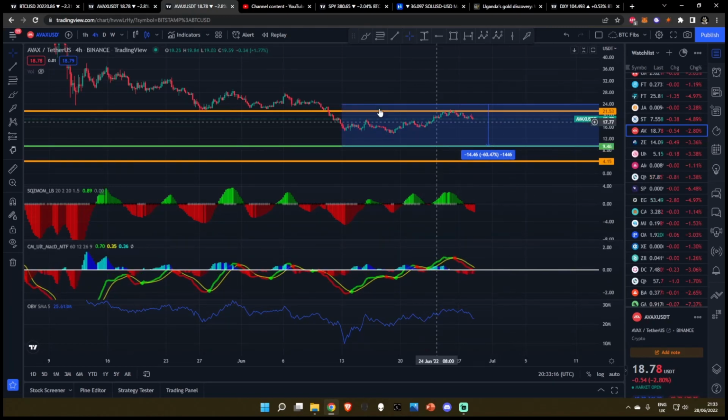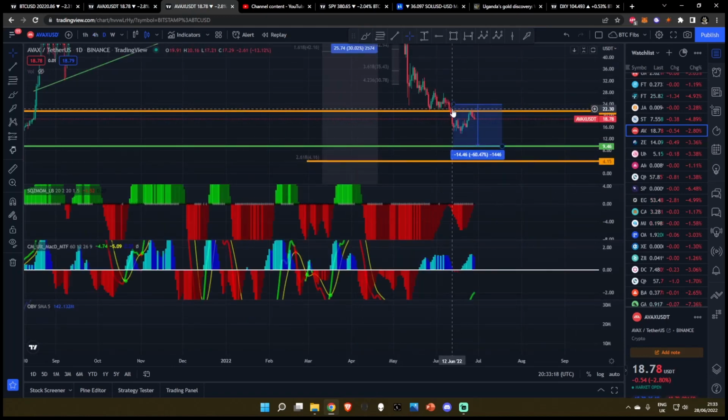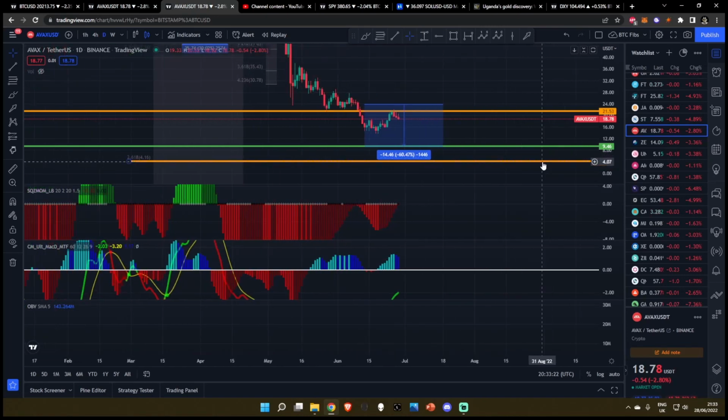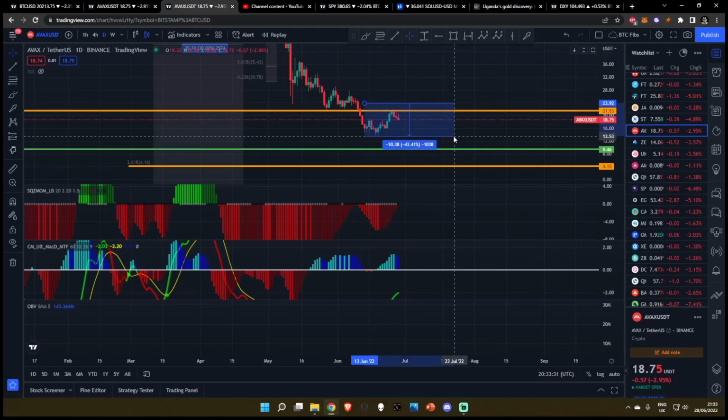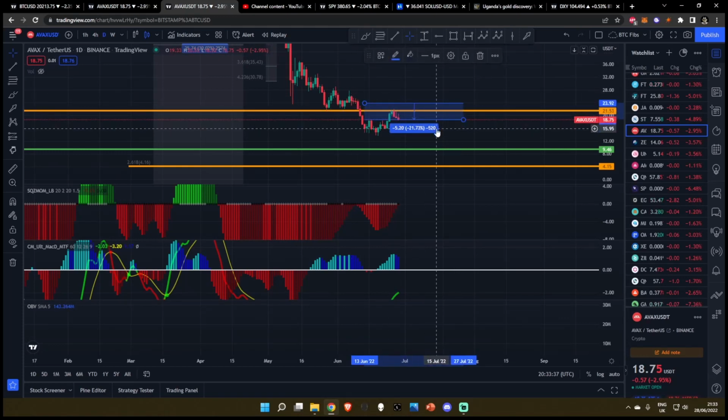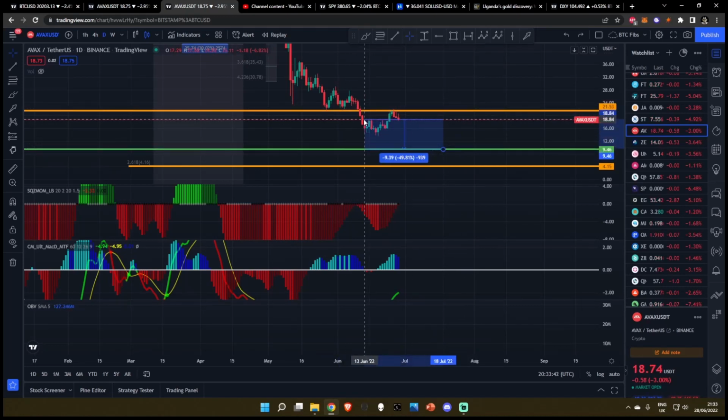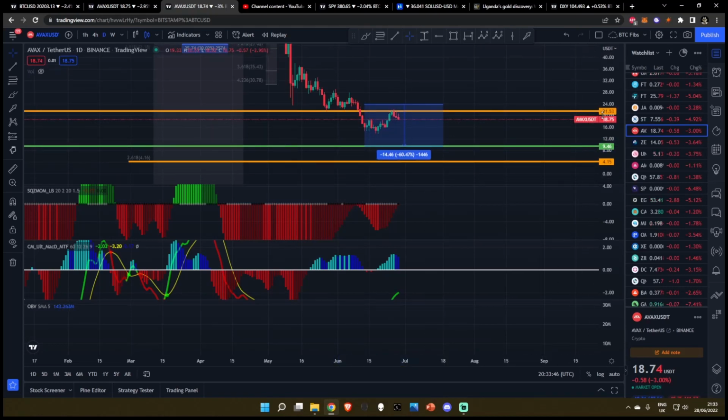Once again, you know, we called this, when did we call this? We were talking about this round about the 11th of June, round about this range over here, and I still do think that we are going to be coming down to $9.46. Once again, this was a 60% drop we were predicting. We came down 43%, and even on this bounce, we still didn't make it back up to these previous highs. We're down 21.7% since my initial prediction, and I think once again we're going to continue with another 50% or so back down to the downside.